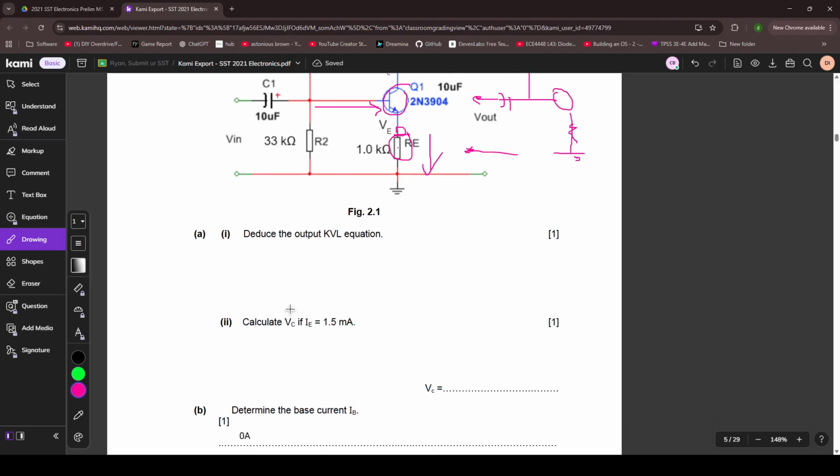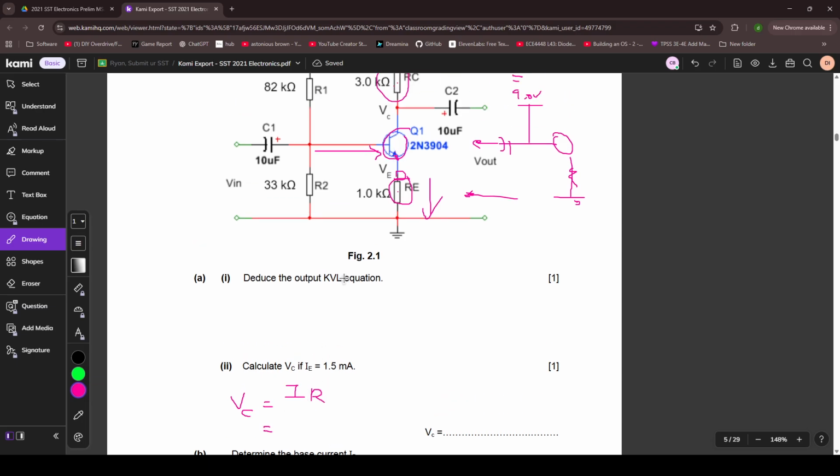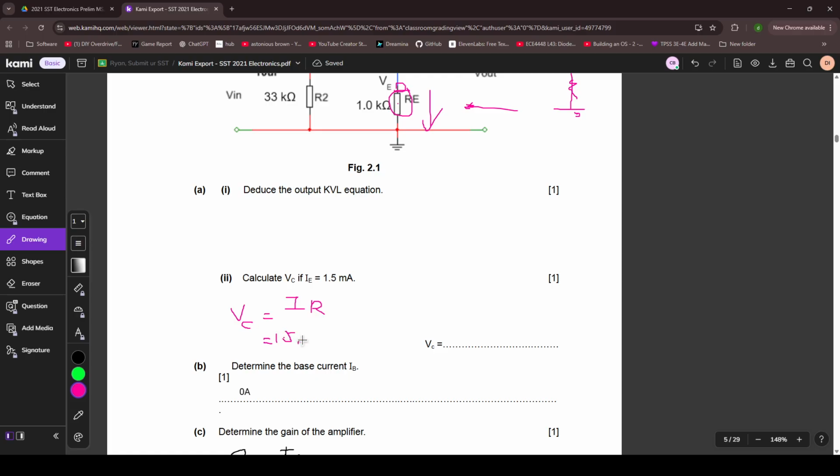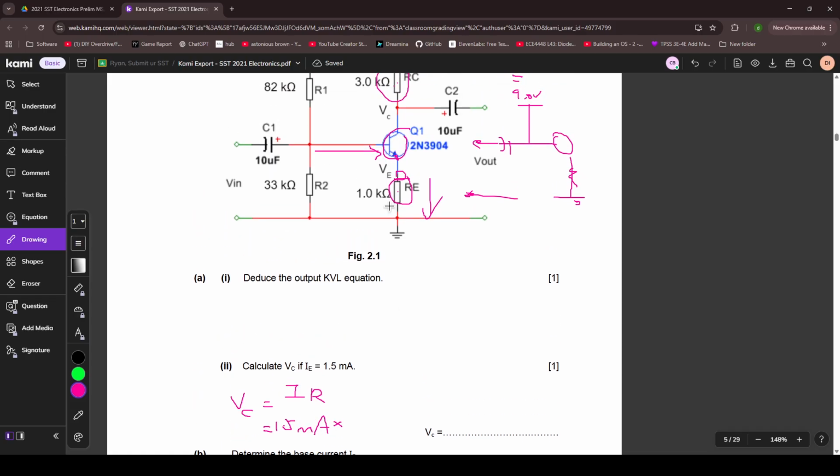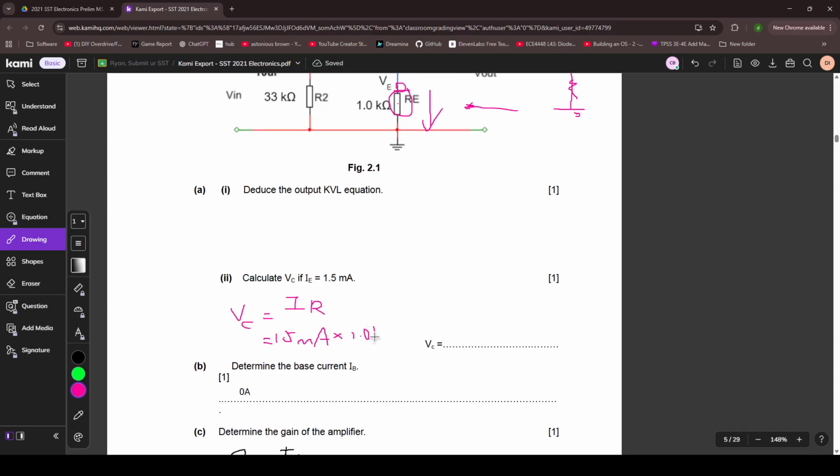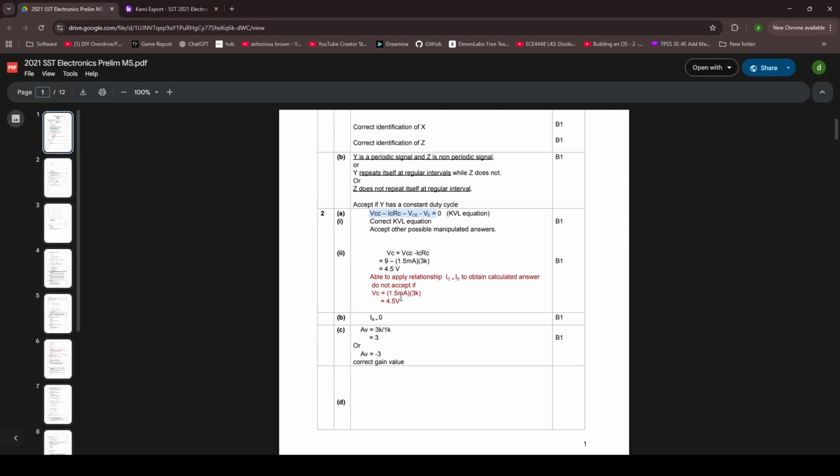Calculate VC. Oh, okay, this is just V equals IR. So we want the voltage, and what we need is current times resistance. We know the current because IE here is 1.5 milliamps, and then times the resistance, 1.0 kilo ohms. Convert the prefix and then do the math, and then you should get the answer, which is